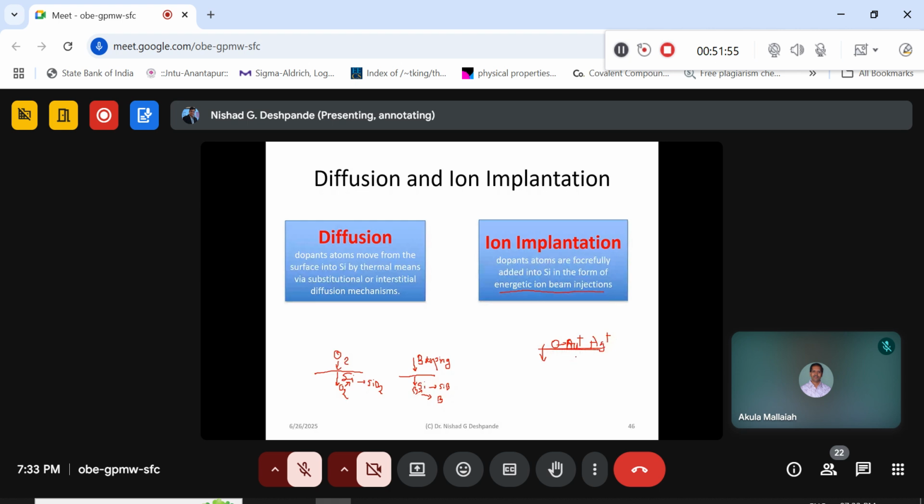You can have phosphorus, arsenic, boron, oxygen, sulfur, different kinds of ions that can be incident with high energy on the silicon surface, and they are forcefully made to move inside the silicon matrix. So these two different processes are very important where you are trying to have a dopant introduced into